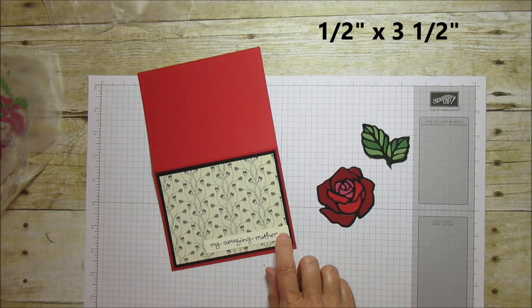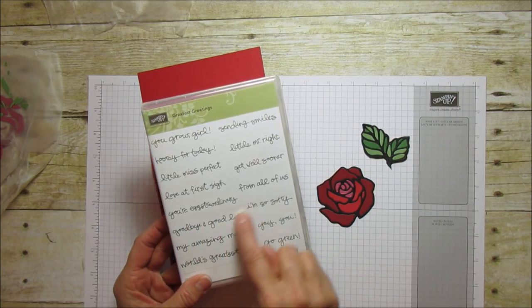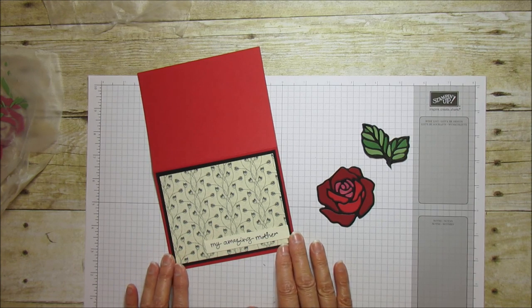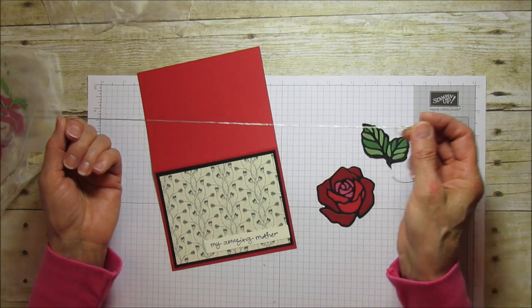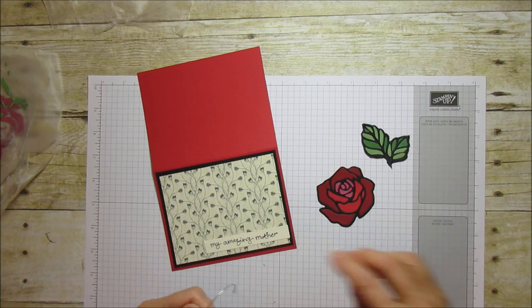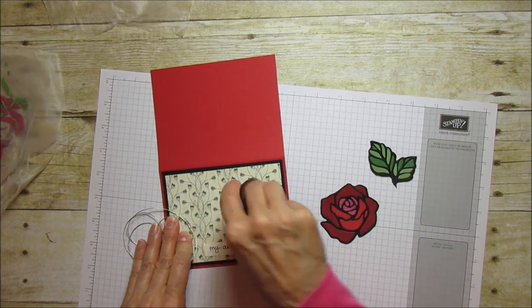And the sentiment that I used is from this Greatest Greetings. This is one of my favorite because I love the cursive writing on it. And so I already put those on, and then I'm going to grab this time some of our silver thread here. And I'm just going to put some adhesive down because it takes a little bit to,